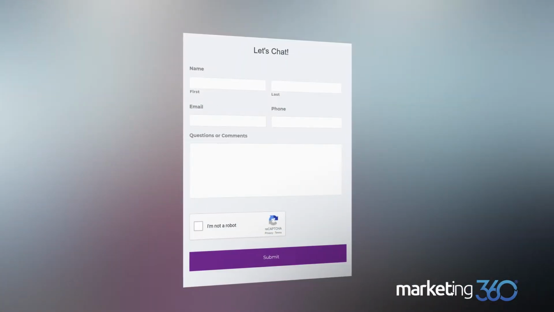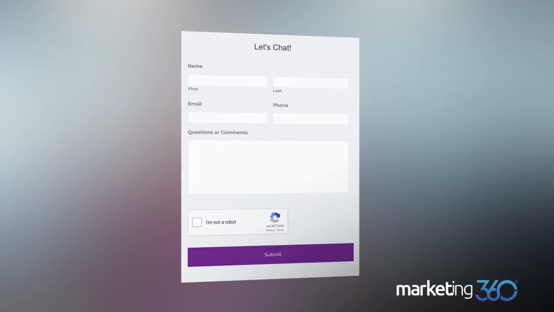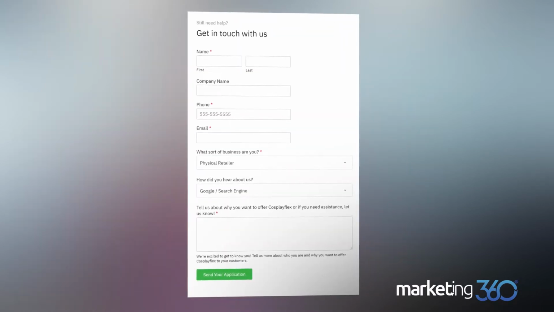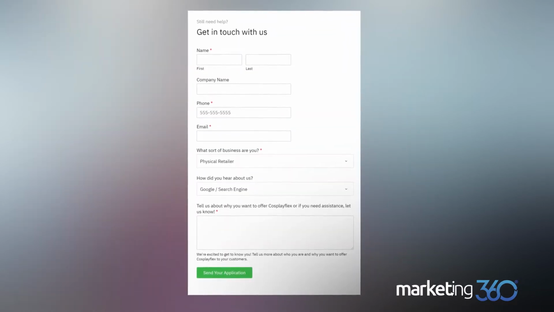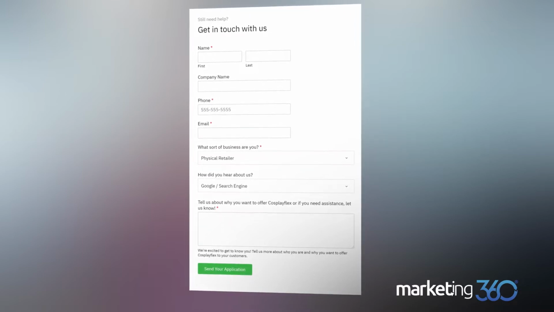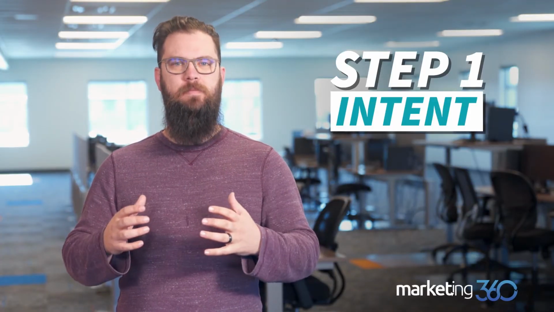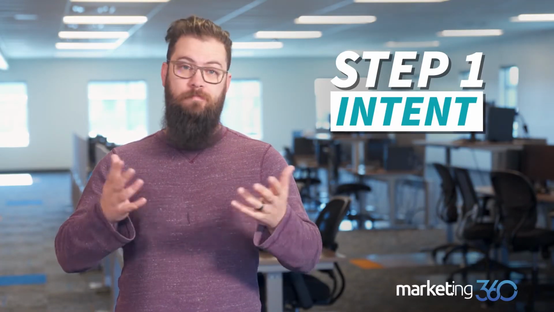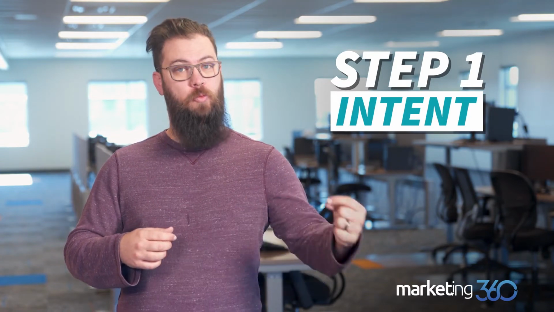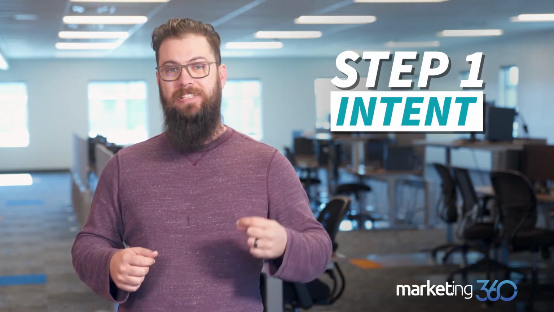Now we're just using the contact us form as an example. This could be any form. This could be pricing, this could be help or troubleshooting, this would be contacting sales, this could be free estimates, whatever. So let's think about what the intent of the customer truly is and craft our form to help them answer those questions. If they're really trying to contact you for support, then that needs to be something that the form itself is built to support, right? And ensuring that the form is getting to the right place, getting to the right people so that your customer is getting the feedback and the response that they need as fast as possible.